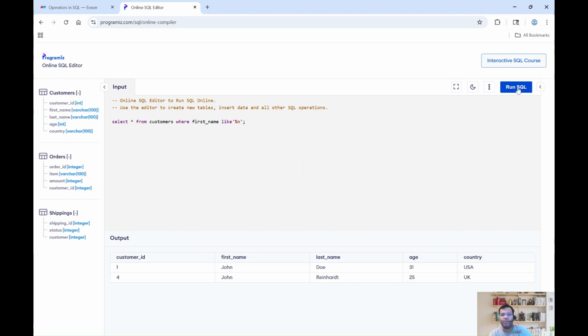And if you see, we get two records. So make sure you are using the percentage correctly, before or after the character, depending on what you want in your record to be displayed. Based on this filter only, the records would be displayed. So now, let's go to the next